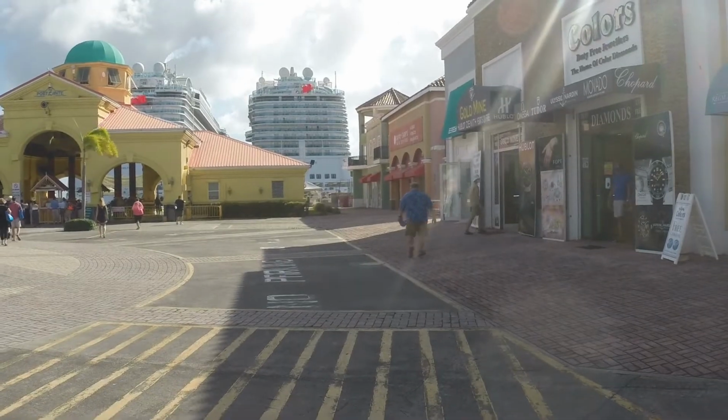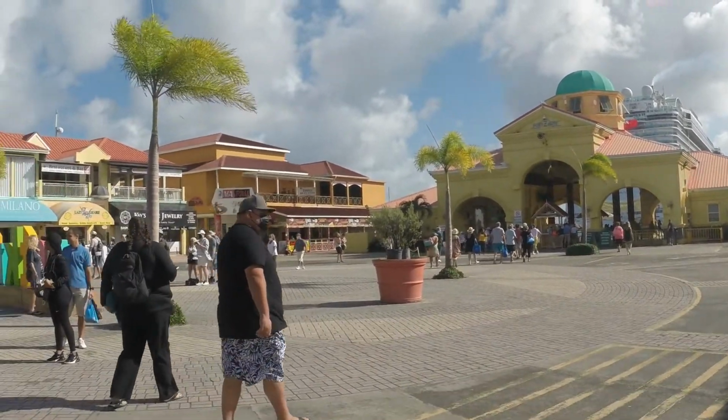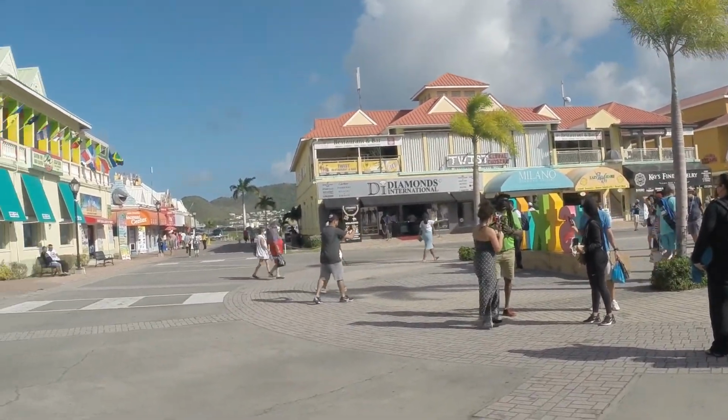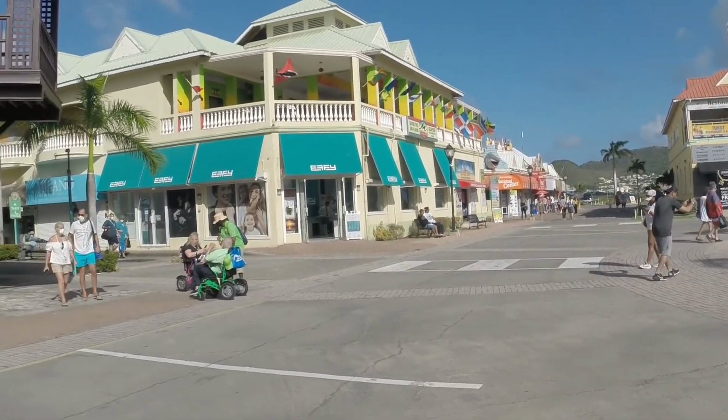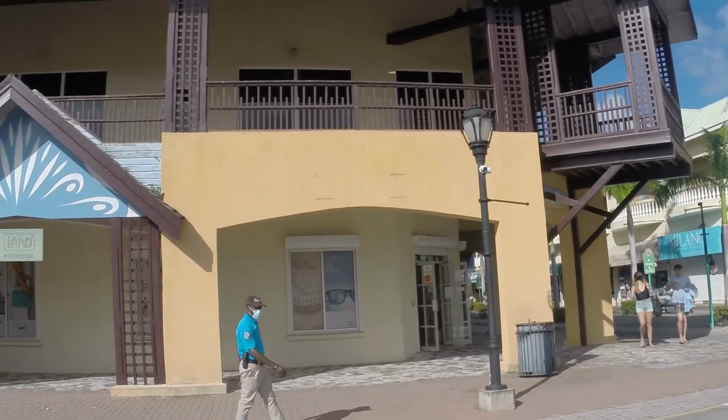Another interesting thing I thought we would point out: I'm sure anybody who's been to these places has realized that a lot of these stores sell a lot of the same type of products. A common sense thought is perhaps they have the same umbrella company that's feeding them their merchandise. Well, it's even tighter than that. I think a number of these stores are actually being run by the same people, just with slightly different names, because when my husband went into the one we're referring to at the very end closest to the water,